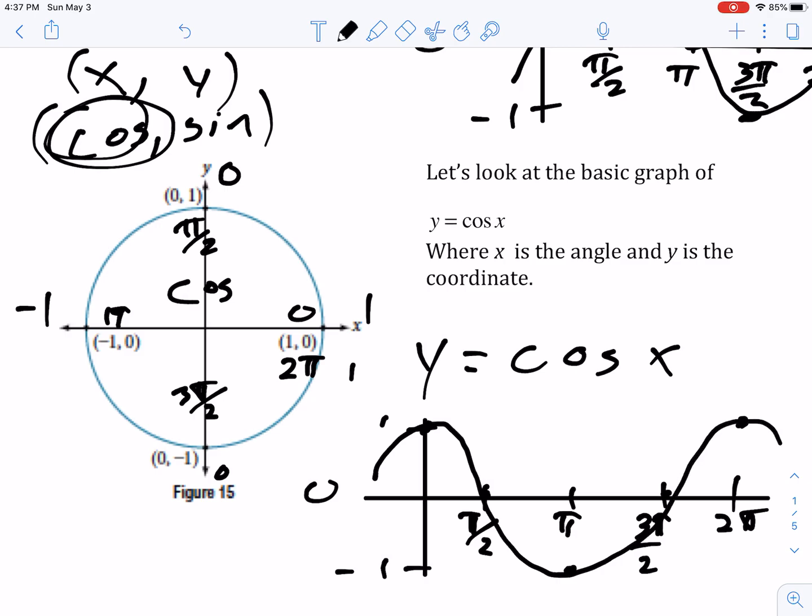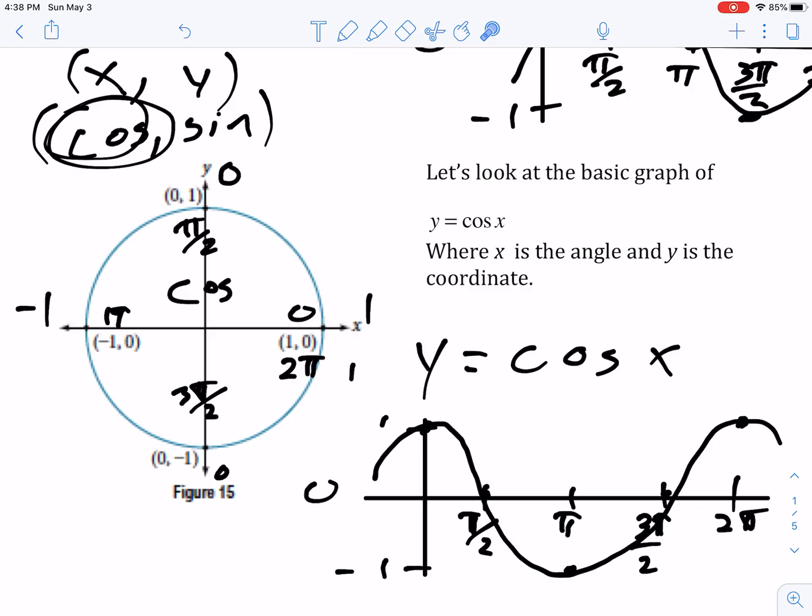So that's one period of a cosine. And I always do it kind of loopy like this. I never start here and do this. It's not a V, okay? It's a rounded curve. You've got to get your flow going. Okay? All right. Now those are the basic graphs of y equals sine of x and y equals cosine